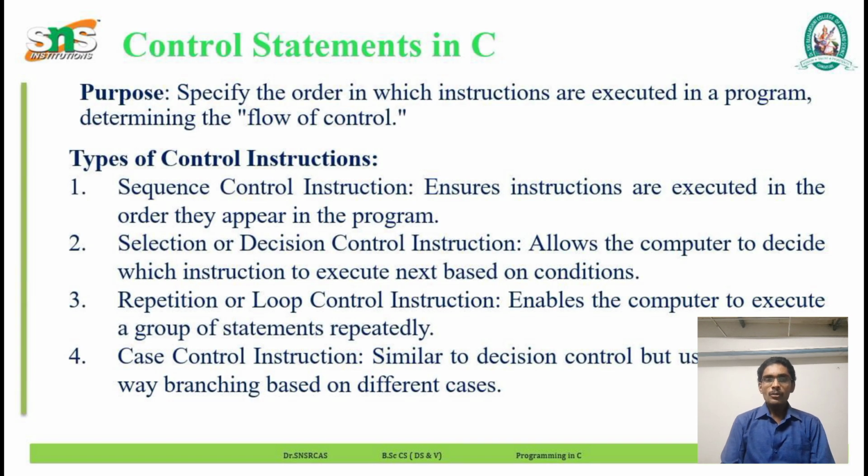The purpose of a control statement is to specify the order in which instructions are executed in a program, determining the flow of control. There are certain types of control instructions as follows. Sequence control instruction, which ensures instructions are executed in the order they appear in the program. Second one is selection or decision control instruction, which allows the computer to decide which instruction to execute next based